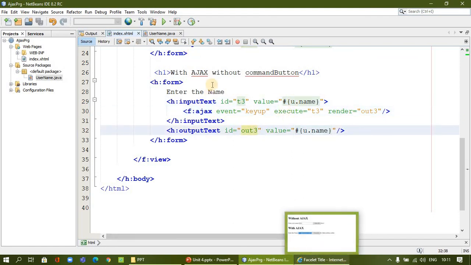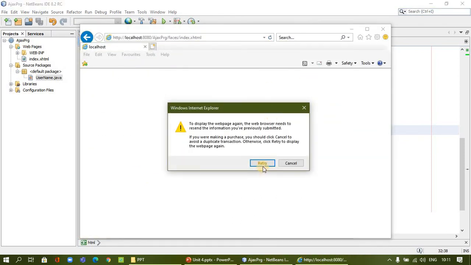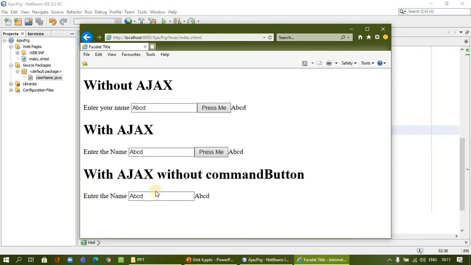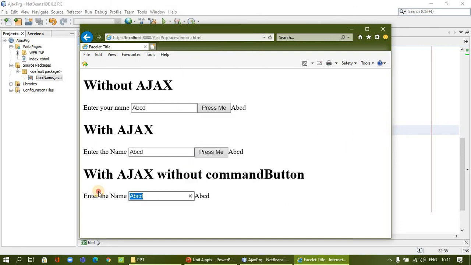Let us see here. Let me re-execute the application. Yes, the first value that we passed is reflected everywhere. Now you can see I'm going to type here. When I type, immediately it is reflecting, but the value is not reflected in the other part of the application because it's a separate form. If you click here, it will reflect everywhere because the page is getting refreshed.